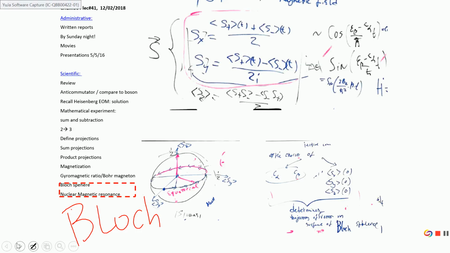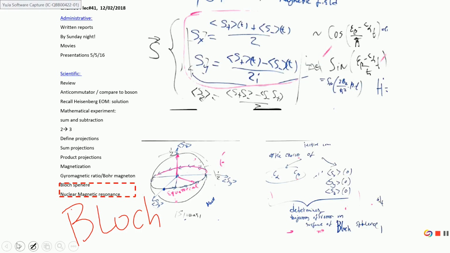Subtraction of the creation and annihilation operators of spin will give the y projection of spin and the y projection of magnetization. The subtraction of projectors to the upper state and lower state, the inversion, will give the projection of spin on the z direction, and the projection of magnetization. So these three things give three components of a vector, the vector of spin or vector of magnetization, which will behave like a little arrow showing a point on the surface